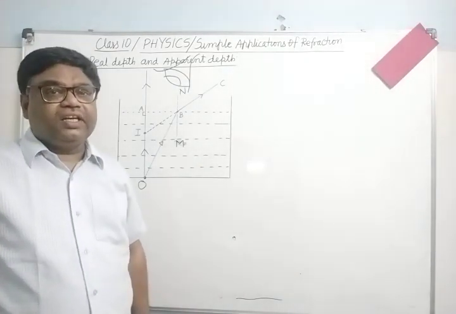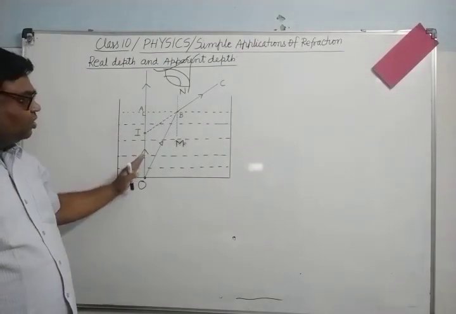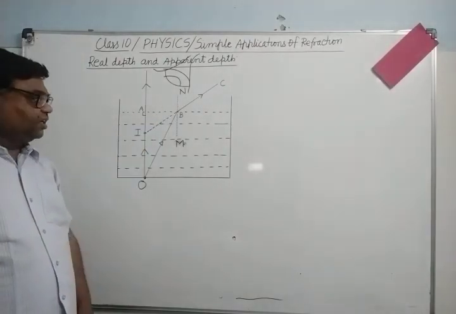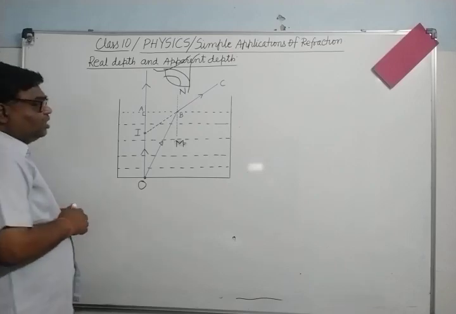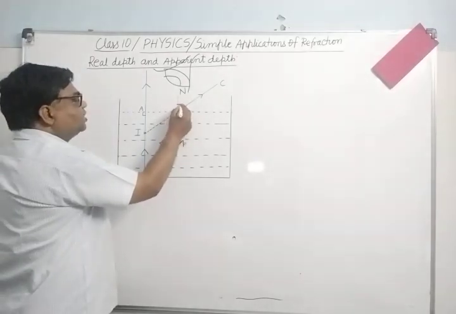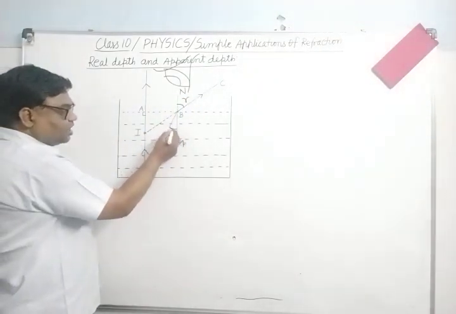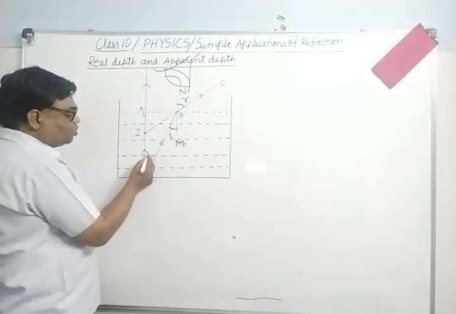Only for clarity it is drawn separated. One ray reaches here and the other reaches here. You can take both the rays as slanting. It's clear. Now see here, this will be the angle of incidence I. This is the angle of refraction R. You can see here this is I, therefore this angle will also be I.